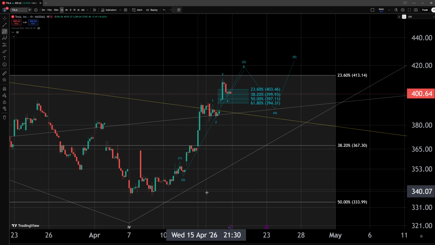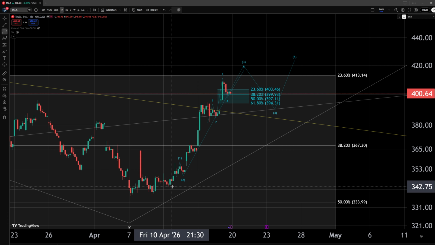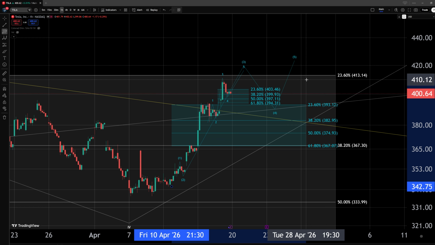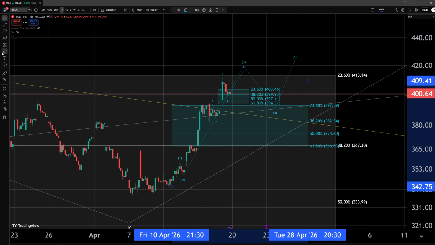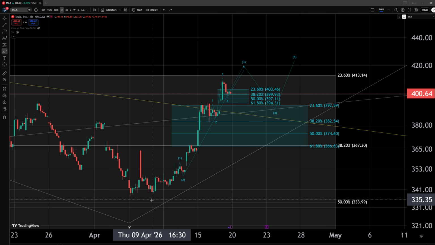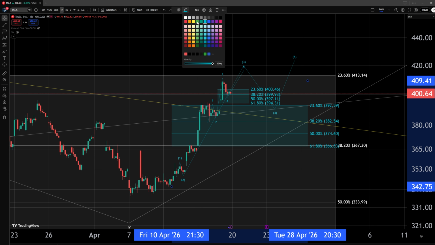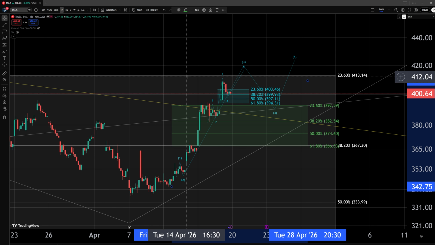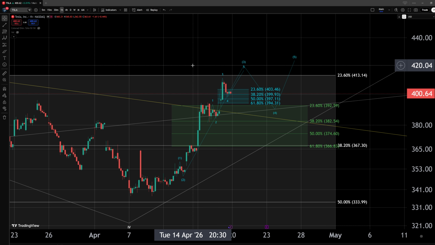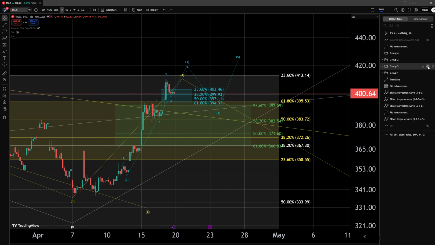So, the ultimate level of support I would be tracking given the current levels, given the outcome of a failure within this structure, would be down to the 61.8% retracement for this entire pattern, where I would still be looking to build a 5-wave move to the upside, but instead within the idea of a leading diagonal rather than an impulse. So let's say we track this in green and we have support down to $367,